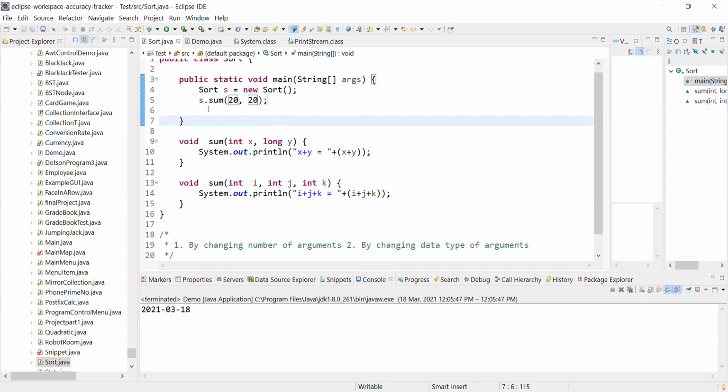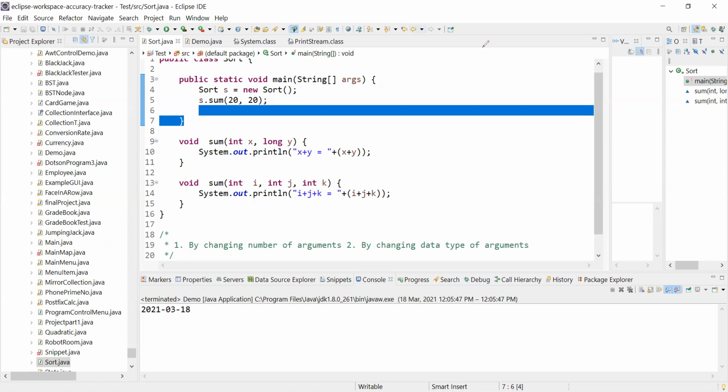Whenever we call a method which we haven't defined, it will look for the method taking two int values. In this program we don't have any method taking two int values, so it will promote the type accordingly. Here the second argument will be promoted to long itself to resolve this call when there is no int method found.